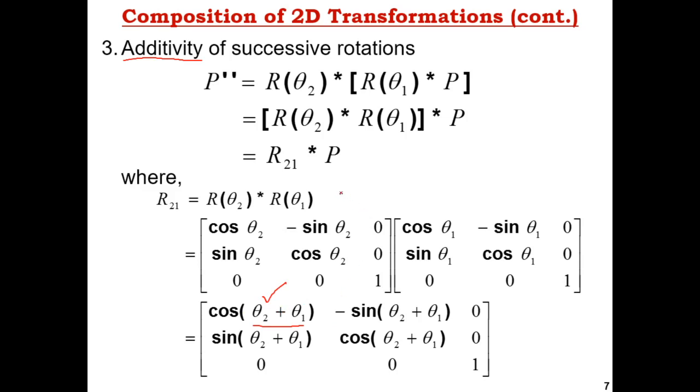So that's why the rotation order is not important, meaning the composition of two rotations is always commutative. Finally we have decided that R12 is the same as R21. When you apply R12 to P and R21 to P, they generate the same result, without any effect. So finally we have approved this is commutative. Two successive rotations are always commutative.